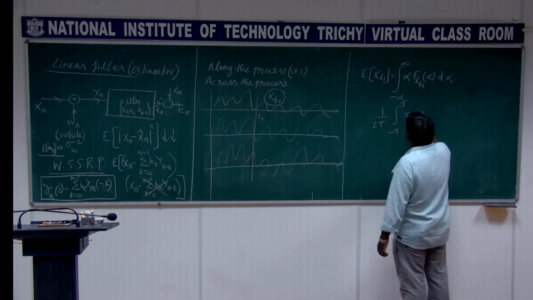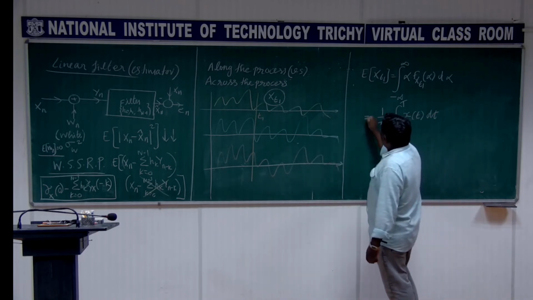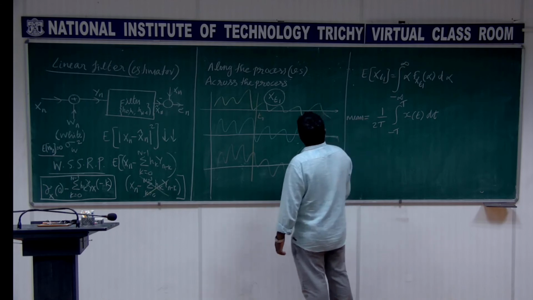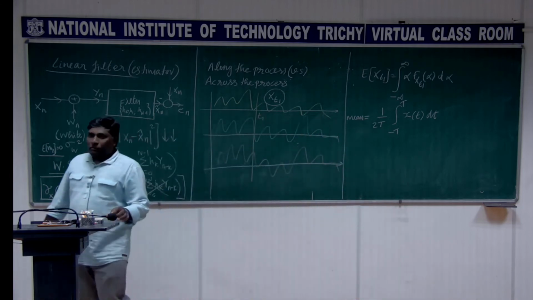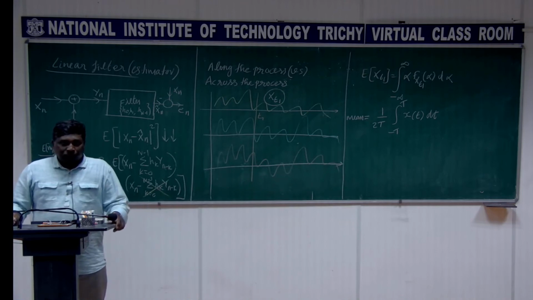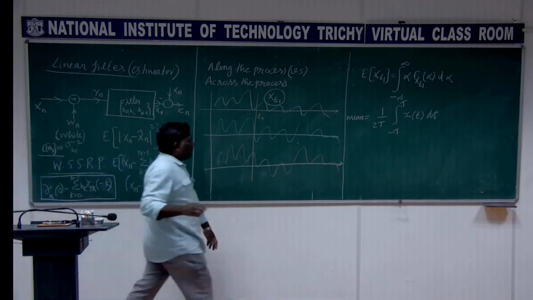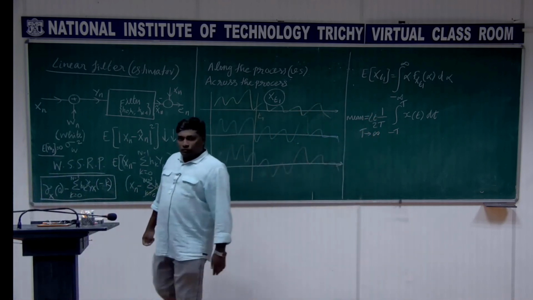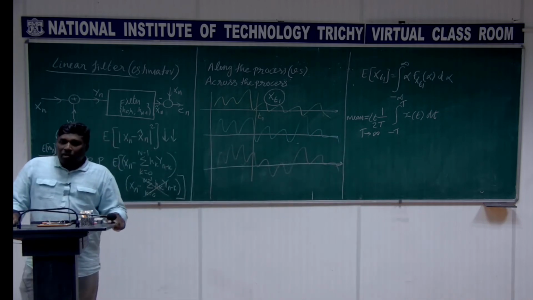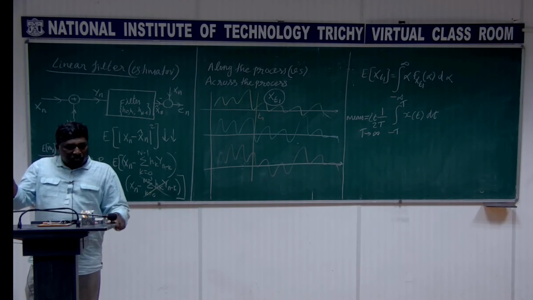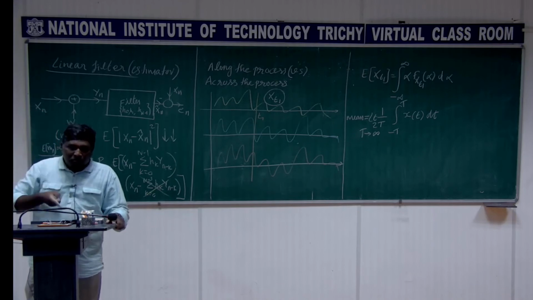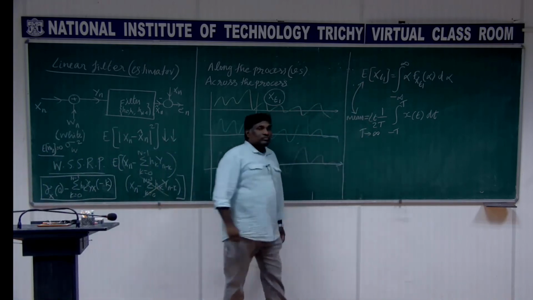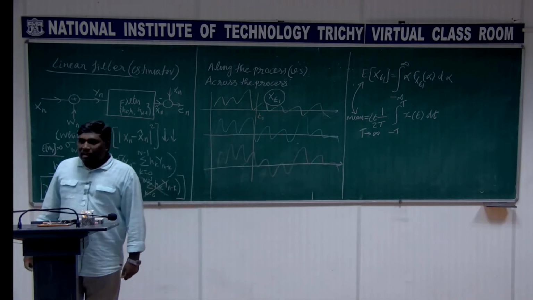You have a typical signal x(t), and this is giving the mean. Just like the deterministic case, take the integral, of course with the limit T tends to infinity, that I put here, more general, right? So whatever you compute along the process, if it happens to be the same as what you compute across the process, if these two means happen to be the same, that is what we call the process being ergodic in mean.